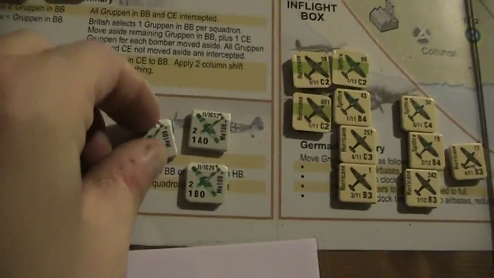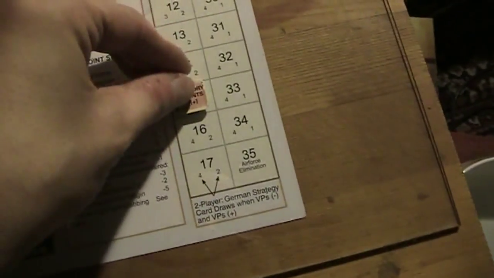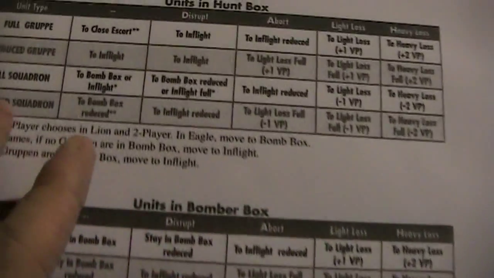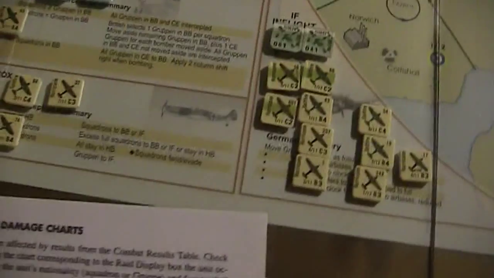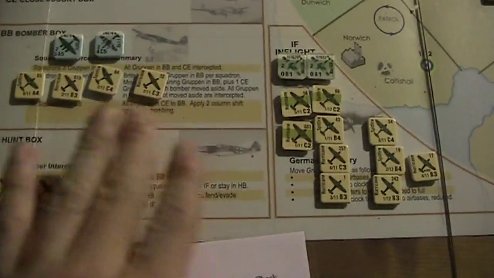So the Germans will abort, and C is a light damage. Okay. So C goes in the light loss box, and that gives us one more victory point then. And abort is full Gruppen abort to in-flight reduced. Okay. So here they are. And then it's me,